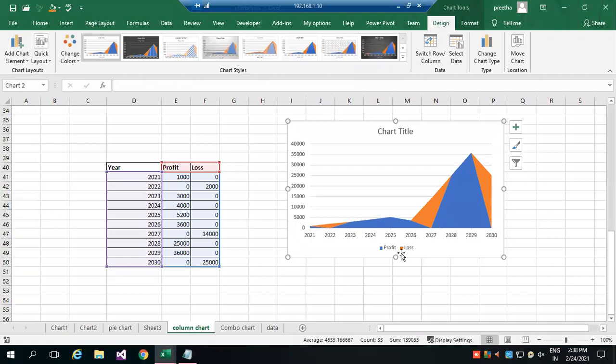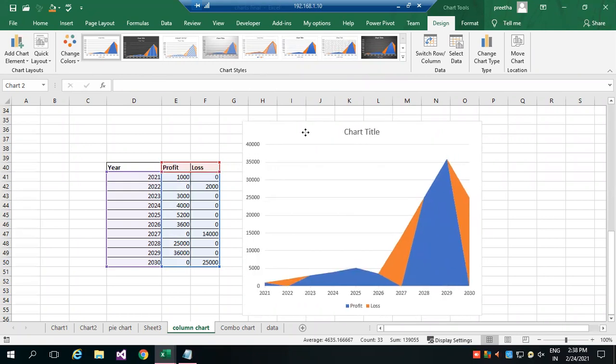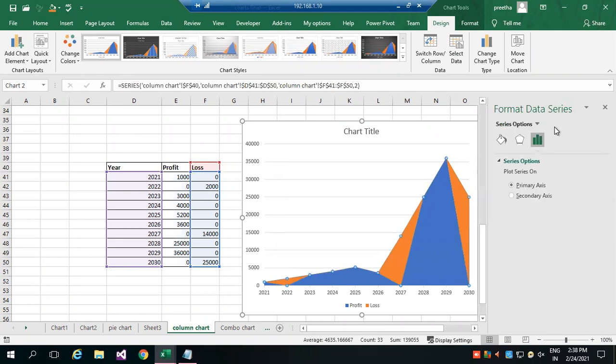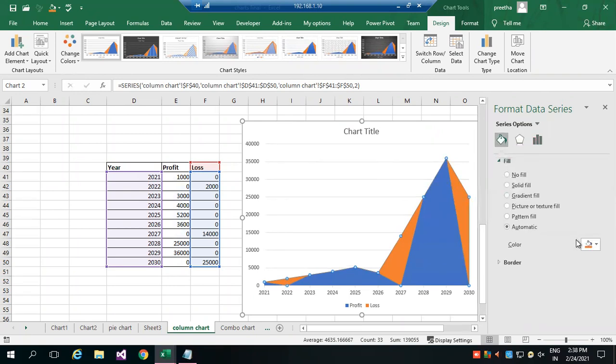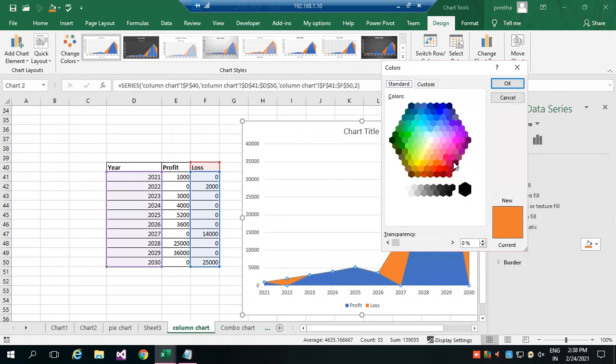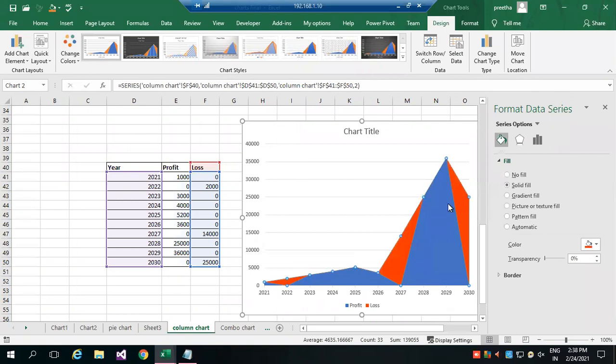So where that orange color is, again double click on this. So format data series, fill with a particular color, which I could change. So loss, I wanted to give in some red color.